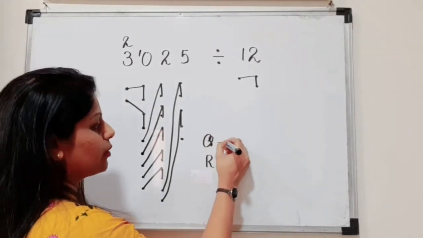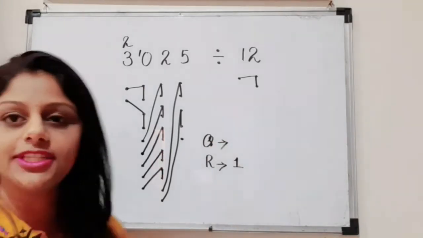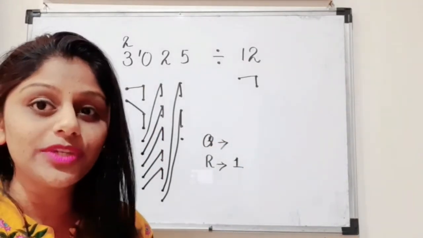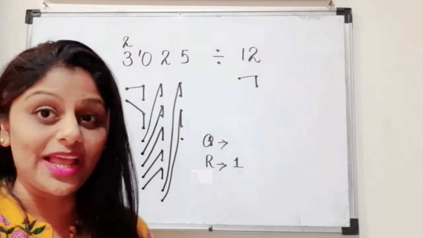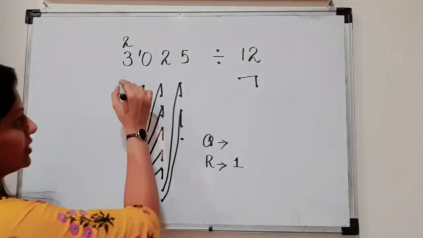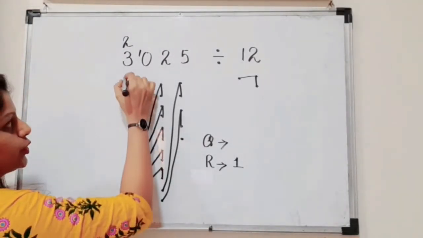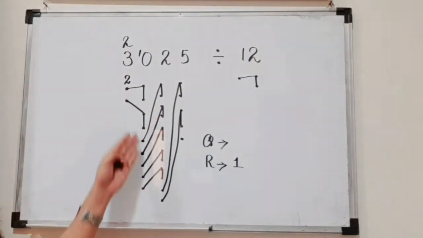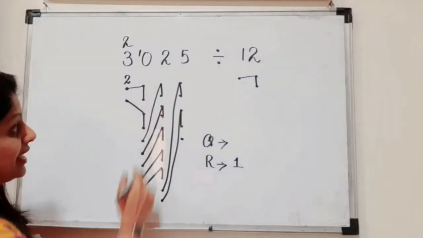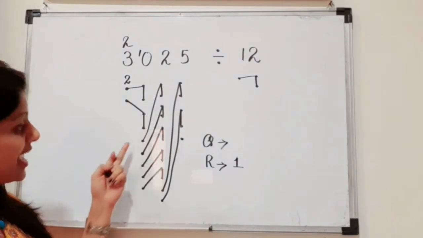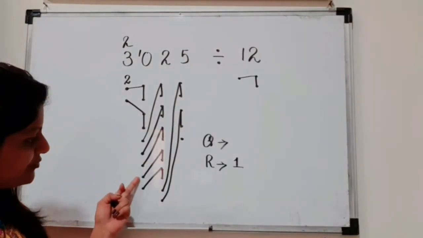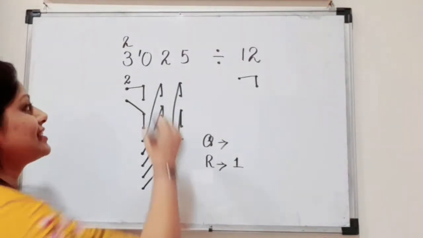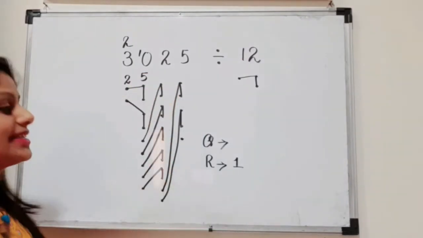And quotient, how do we write? For quotient, we will check the new beginnings, correct? Whichever column has a new beginning of 12, that we will number it. Therefore, in the first column, we have 2 new beginnings. In the second column, do we have any beginning? These two are continuation of this. So we have 1, 2, 3, 4 and 5 new beginnings. Therefore, this is number 5 in the second column.